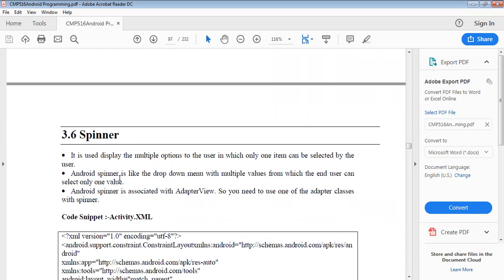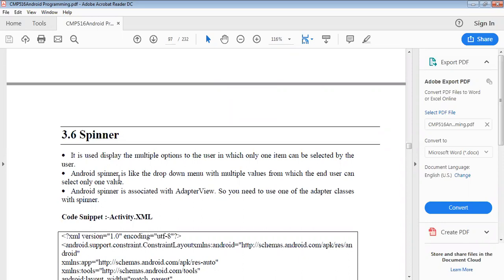Next we can see the spinner. What is a spinner? Spinners are mainly used to display multiple options to the users, in which only one item can be selected by the user. Means in Android, a spinner is just like a drop down menu or drop down list, where multiple values are presented from which the end user can select only one value.